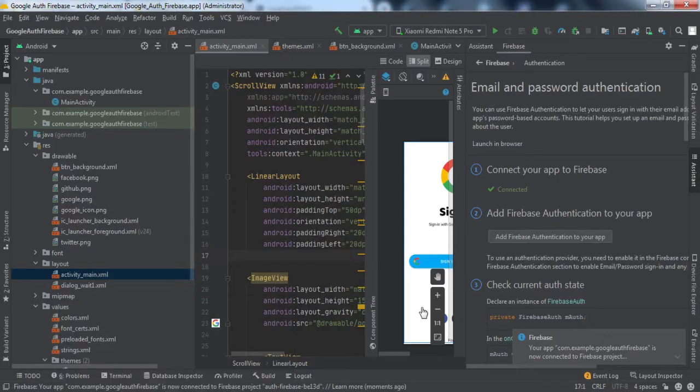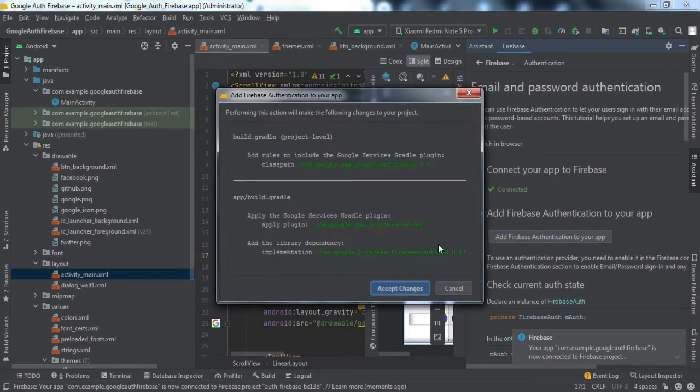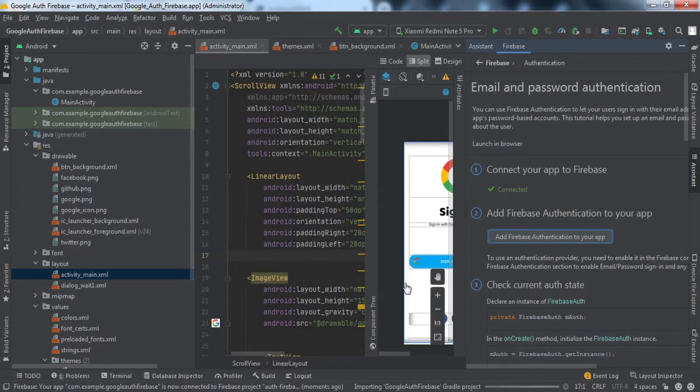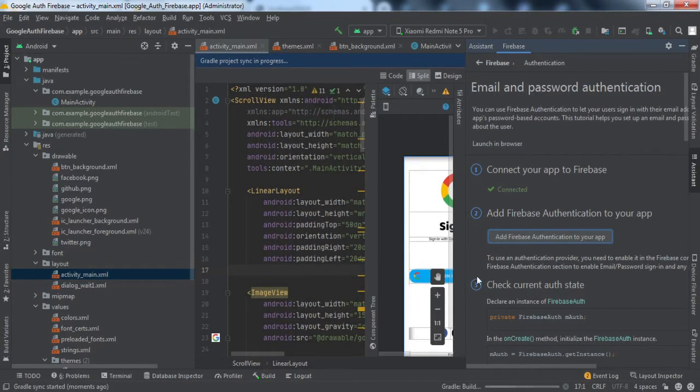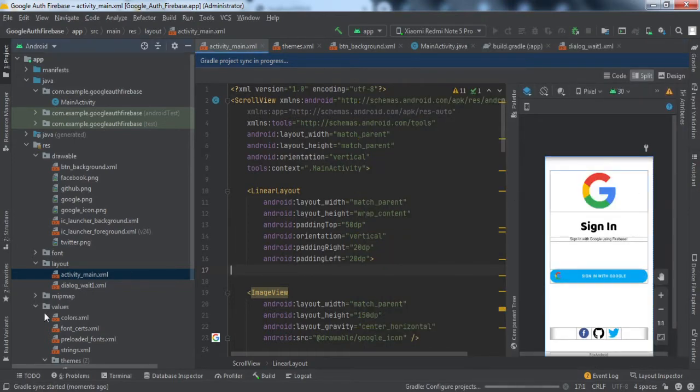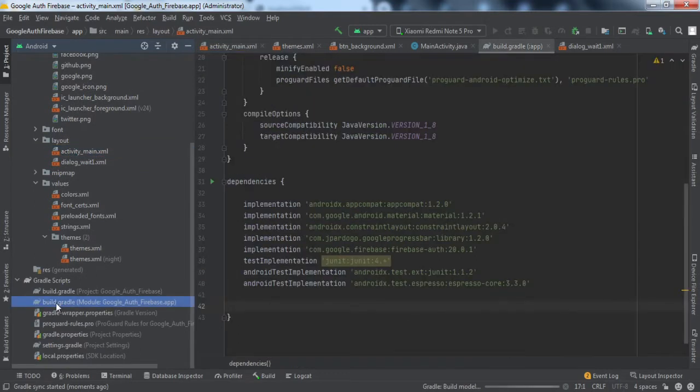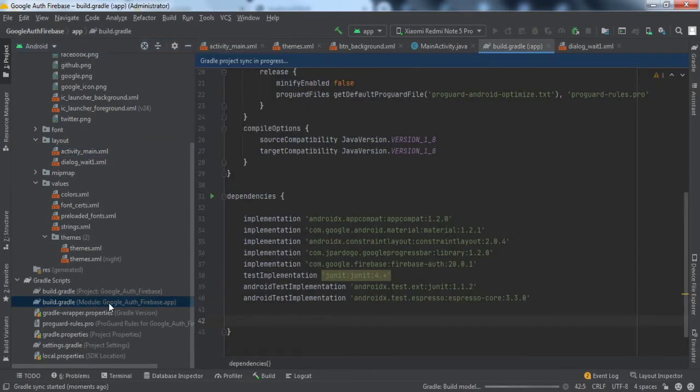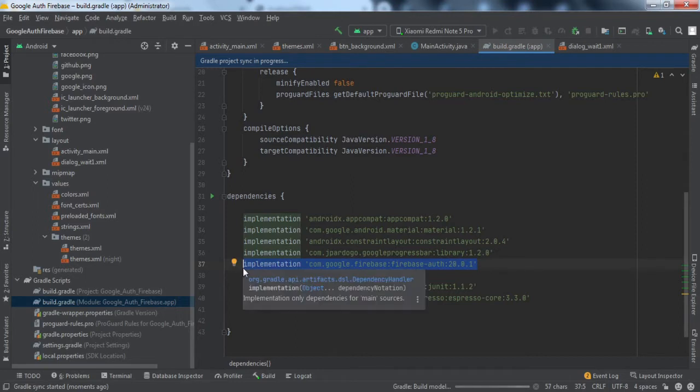So if we go here, so you can see connected. Now we'll click on this add Firebase authentication to your app, accept changes. So you can see that it will add this Firebase auth library into our build.gradle file, right?